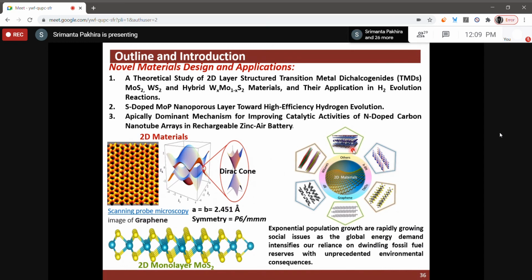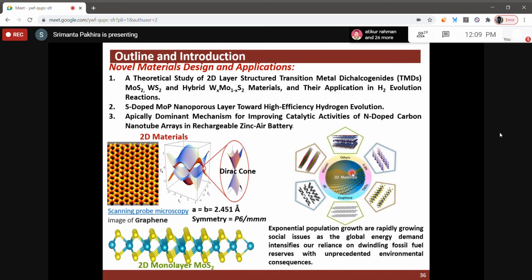There are many others too, for example intercalation between two layers, say ferric chloride or aluminum fluoride, which may be intercalated between two layers for an aluminum-ion battery. After the development of graphene, 2D materials exploded like a bomb burst. With exponential population growth and the global energy demand, maybe after 50 years there will not be any petrol or diesel the way we use them today. If we lose all these things, we have to find some alternative.